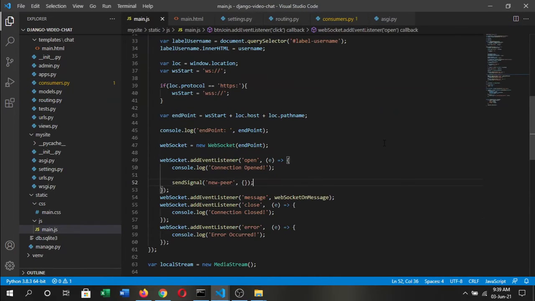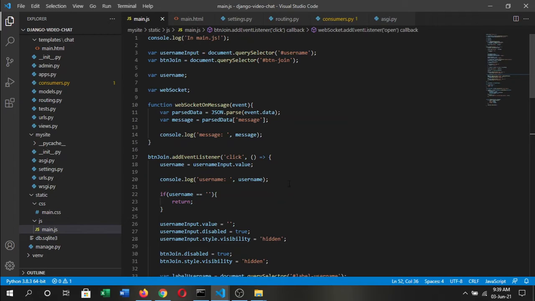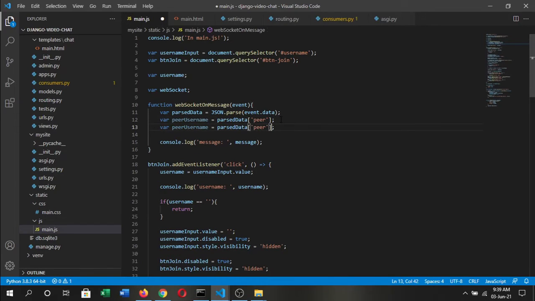Now let's get back to our main.js file, and in our WebSocket on message function, we have to get the username of the other peer. Let's call it peer username. It will hold the username of the other peer. So parse data peer. Let's copy it, and let's get the action in the same way. Var action